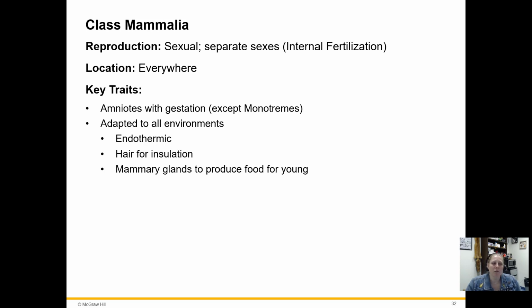So within mammals, we do have sexual reproduction, and they are all going to have internal fertilization. We have variations on the amniotic egg in class Mammalia. They generally have some sort of internal gestation, except for your monotremes, which are your egg-laying mammals. And mammals are adapted to all environments because they have hair for insulation and mammary glands to produce food for young. Okay, we are not saying fur and milk because technically, there are some frogs that produce a milk-like substance